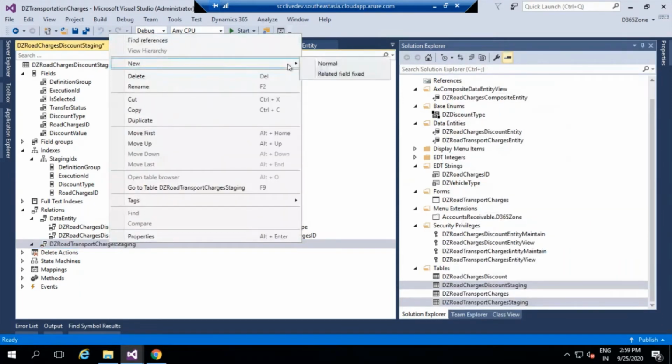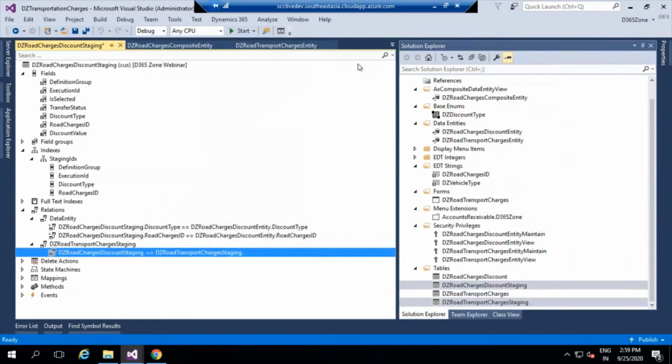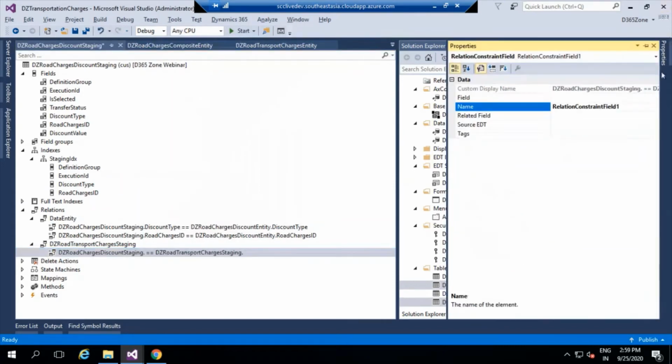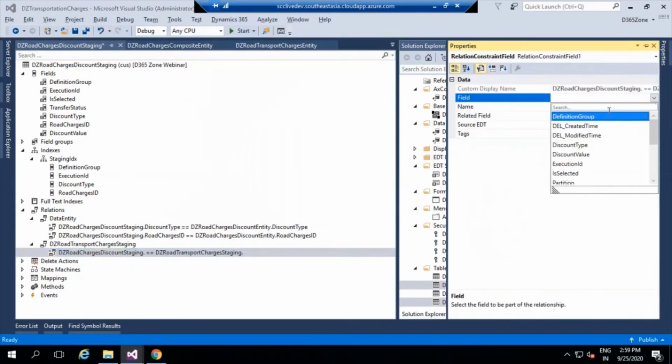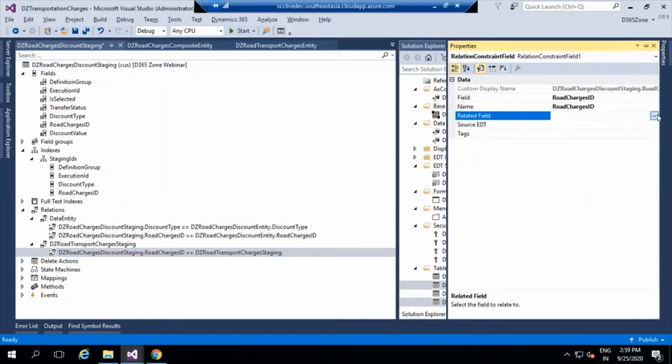Now I'm going to create a new normal relationship, and I'm going to add the relations here. First I'm going to add a relationship with my row charges ID. Between the two tables, there is a row charges ID available, and this is a normal relationship.